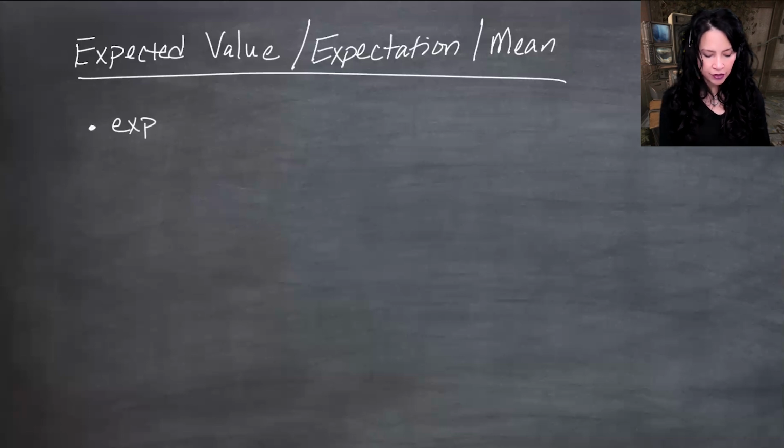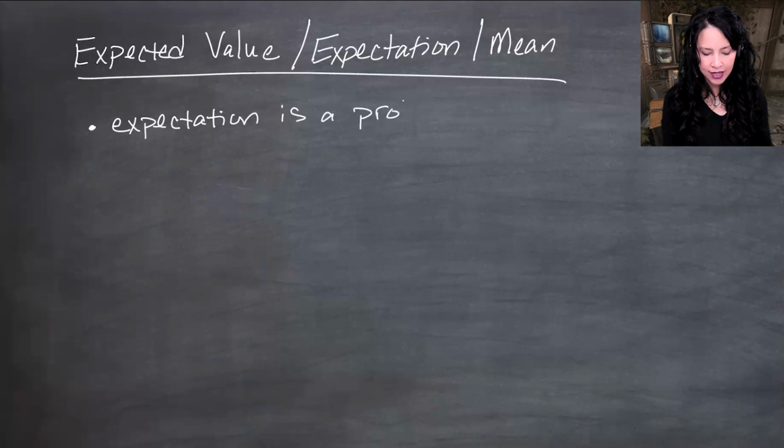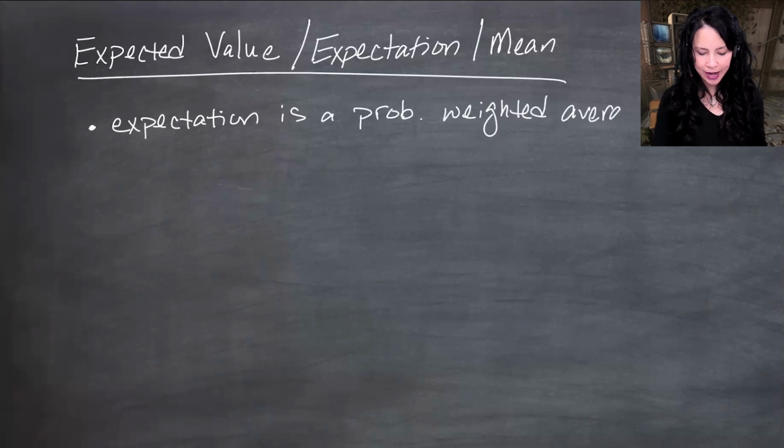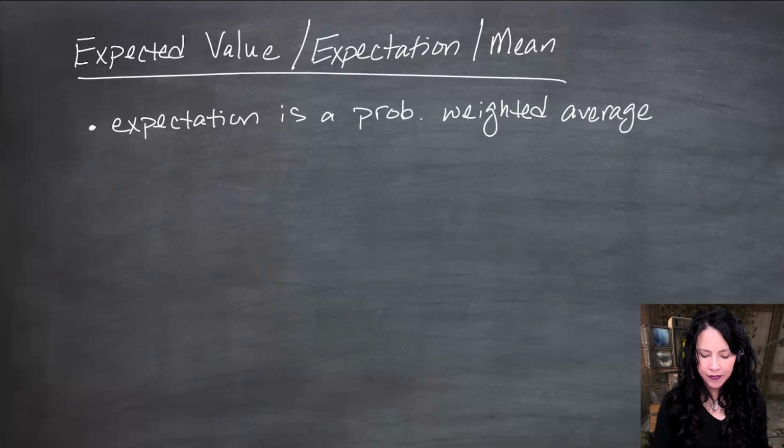I'm just going to start off a little bit informal here and say that expectation is a probability weighted average. I'm going to go right in with the abbreviations because I know sometimes I'm running a little slow by doing this live and not with slides. But expectation is a probability weighted average. So let's look at an example for a discrete random variable.